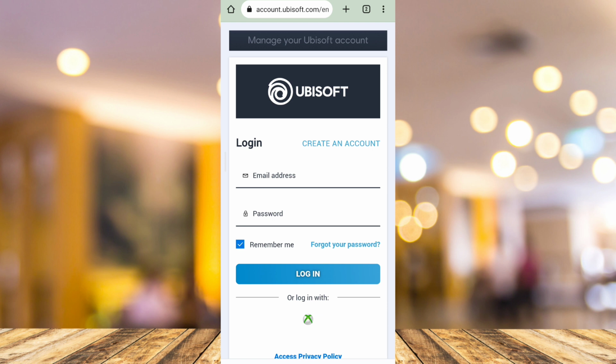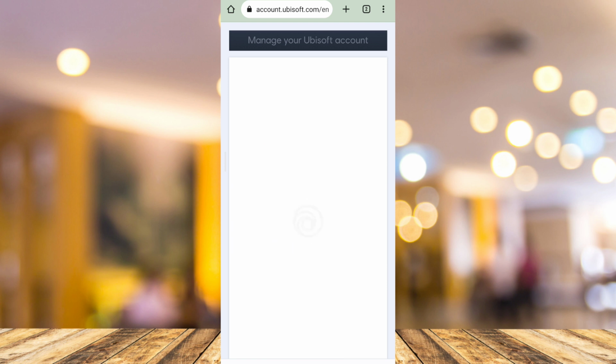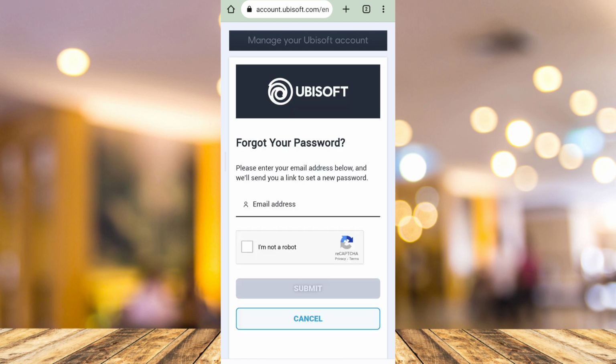If we click this Forgot your password, you'll be directly taken to this page where you can put the email address. As you can see here, it says please enter your email address below and we'll send you a link to set a new password. So you need to make sure that you put the correct email address and you know the password